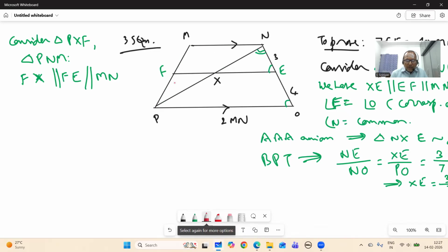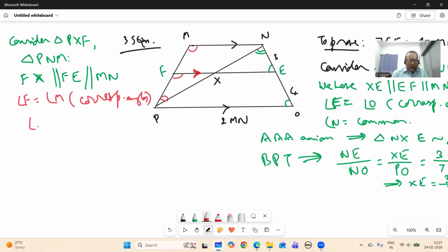These angles, this angle and this angle, become a pair of corresponding angles. These two are parallel, this also is parallel to MN, and PM is a transversal, therefore these two angles are a pair of corresponding angles. They have to be equal, and this is a common angle. So angle F is equal to angle M. And because FX is parallel to MN, these two have to be equal, and angle P is common. Therefore, the AAA axiom implies